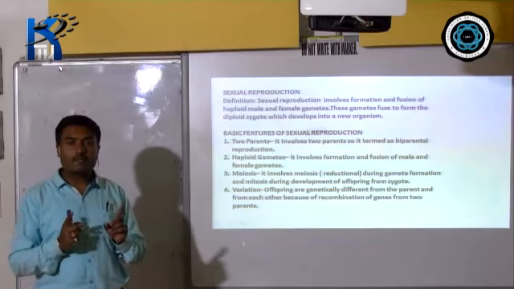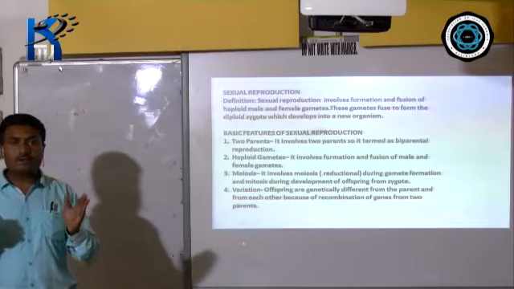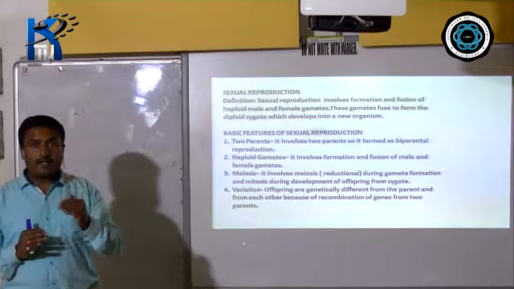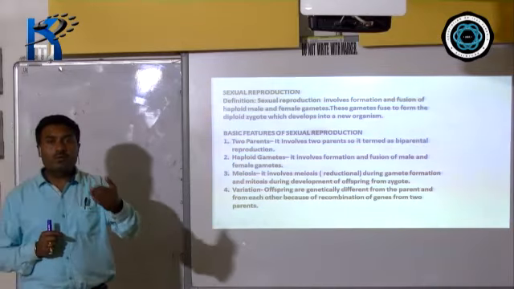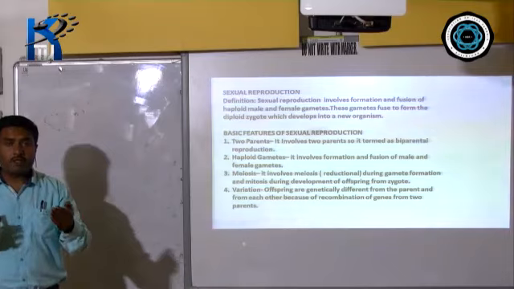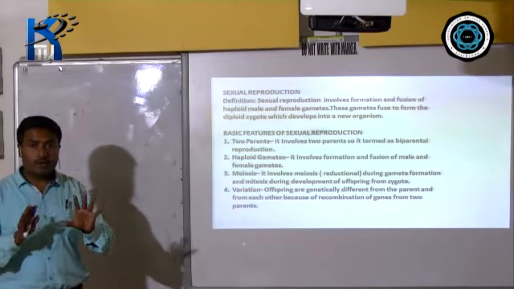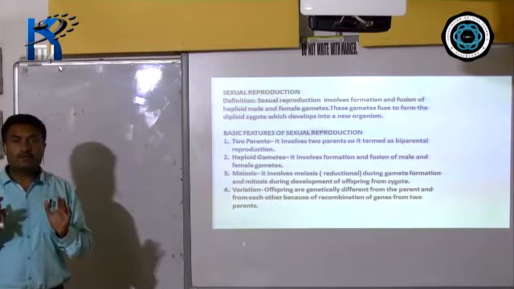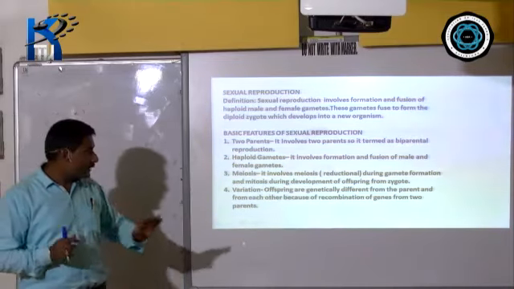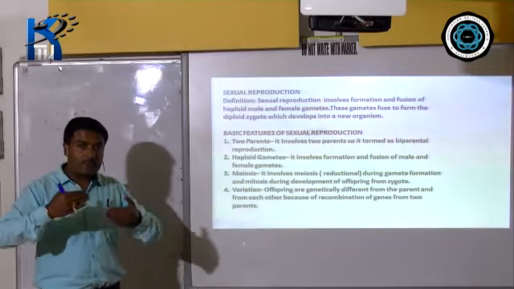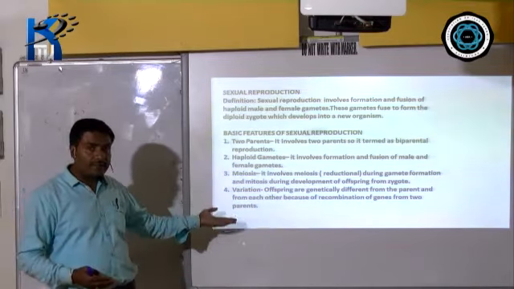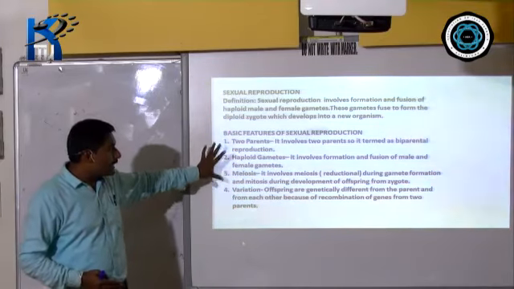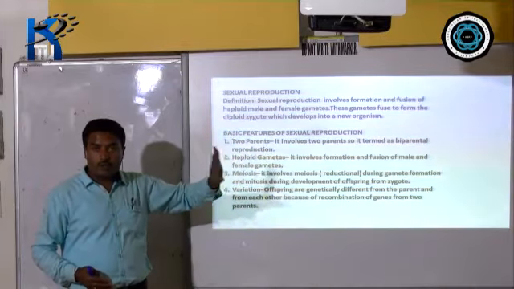During that crossing over, what takes place? The genetic constitution, the genetic information, are exchanged, and due to that it brings variation in all the 4 reproductive cells depending upon the type of organism. So here all the 4 cells are different from their parent because the genetic constitution remains totally different. This difference in the reproductive cells only creates variation in the living organism. So these are the 4 basic features of sexual reproduction.